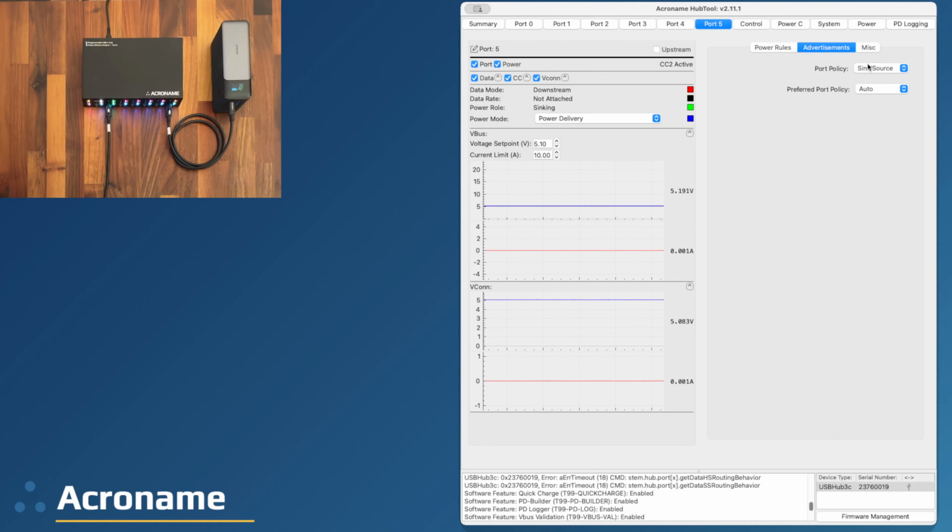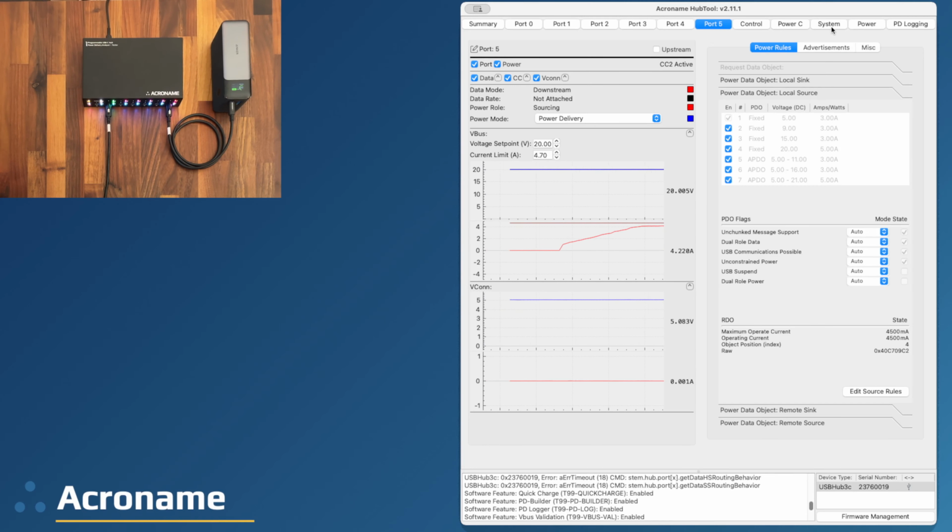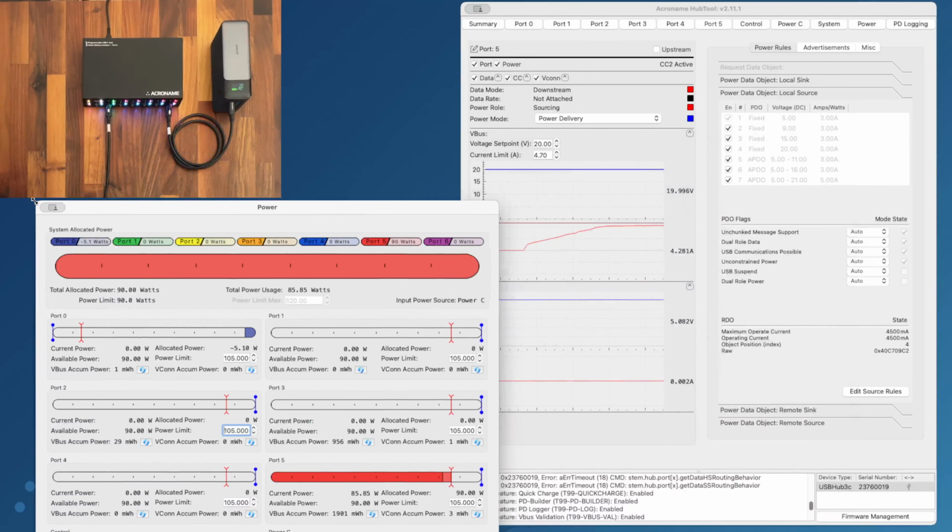So it's currently a sink source port. I'm going to go ahead and force it into a source. And what we can see now is that we are charging that battery. You'll notice that the power role switched to sourcing, voltage shot up, and here comes current. And so we are maximally charging